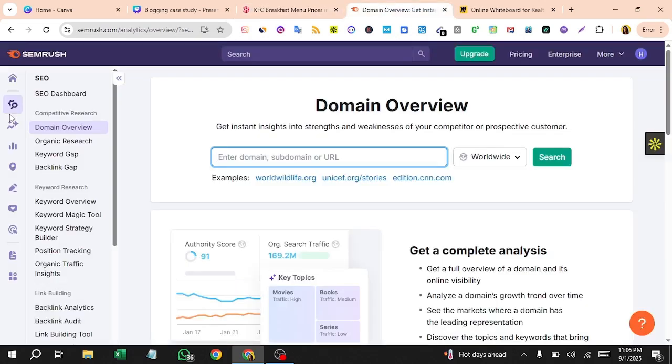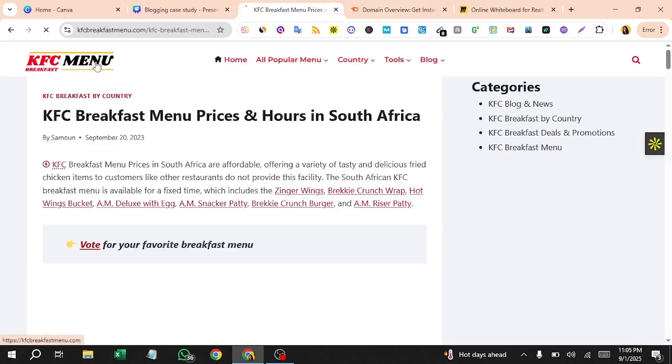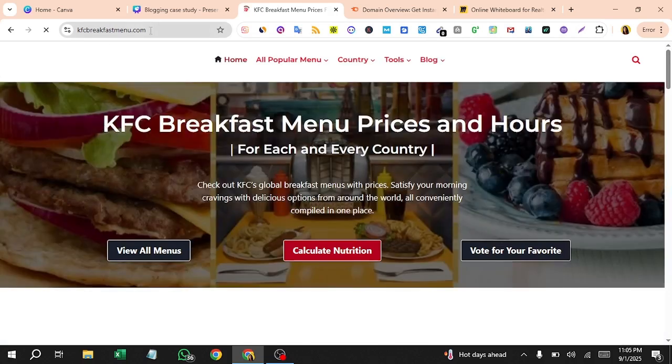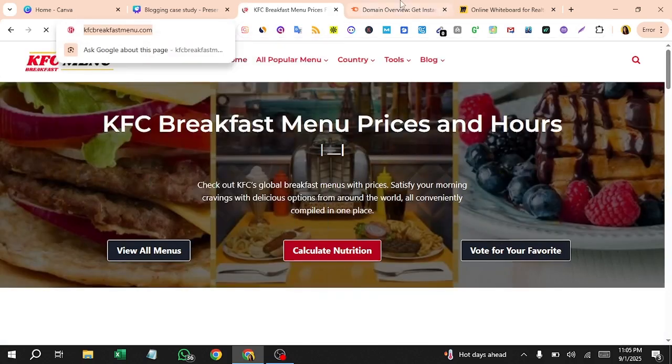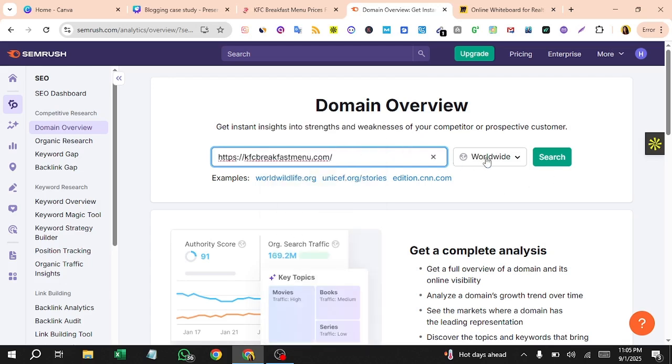What you need to do is copy this website name. Let me go back. You need to first look up what type of pages of this website are getting traffic from Google and what type of pages are ranking in Google. We will eventually get to see all of those pages, and we will create all of those pages on our blog. That's what we're doing here.